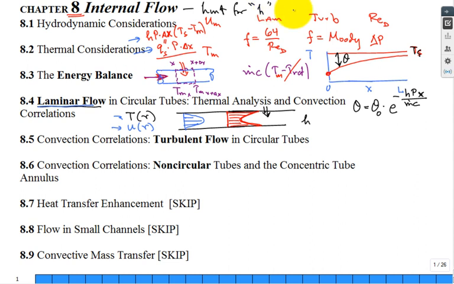Anyway, to find H, you have to get the Nusselt number and unravel it. And so you want to get this H here. The way to get it is to find a relationship for the Nusselt number. After a lot of work, we're going to have the Nusselt number equal to 3.66 or 4.36. After you've been in the business for a while, you use these equations a lot, and you just remember, oh, there it is. A lot of work to get that for laminar flow, fully developed flow in a pipe,